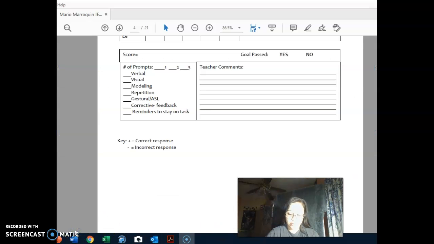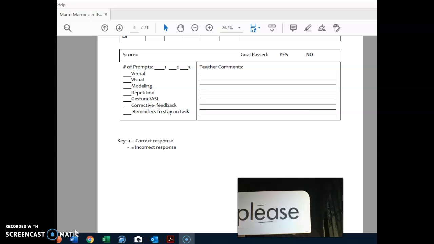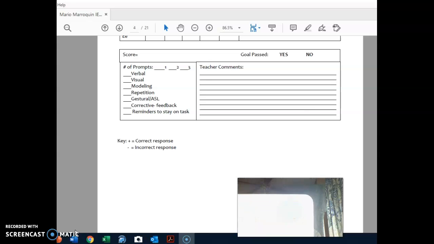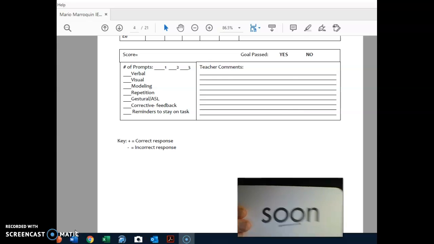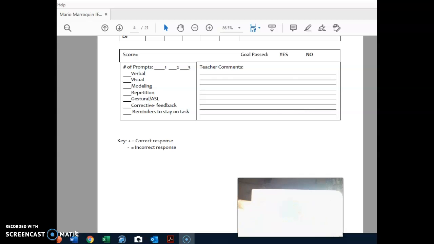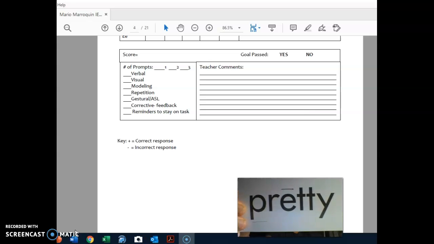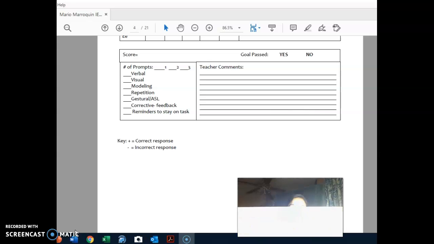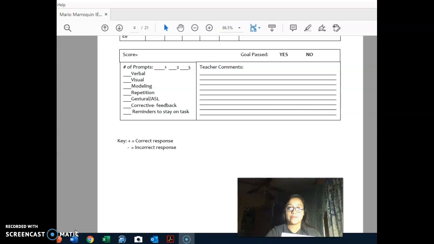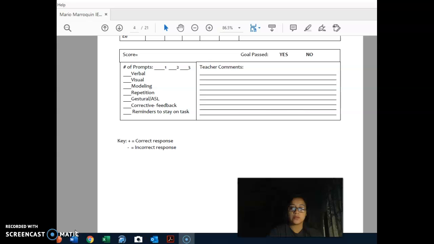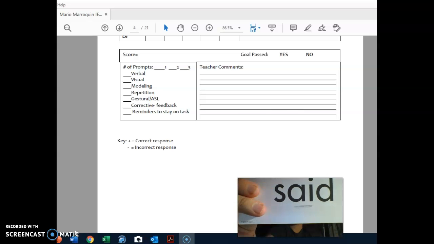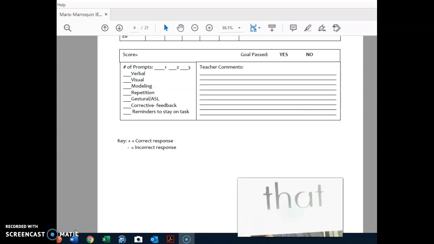For the second goal, we're going to go over the words. This is a list of words we would go over at school. So you have the word please, soon, see, pretty, they, run, said, that,